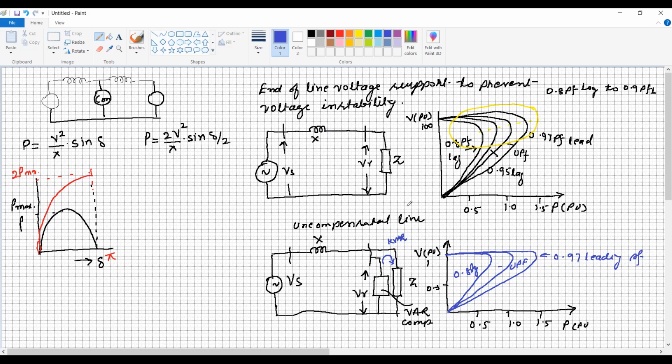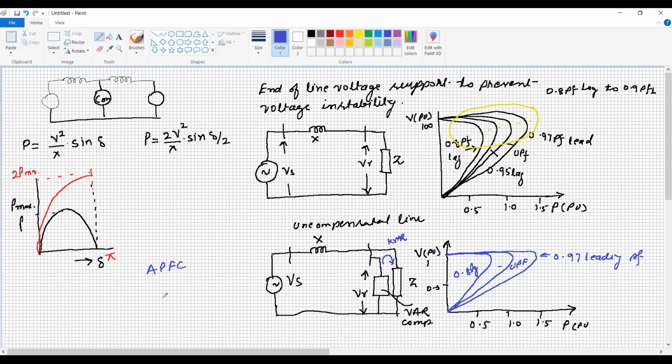In the uncompensated line, the voltage profile is not constant, whereas for the compensated line, the voltage profile of the load is constant. And the VAR compensation, simply we can say that it is the APFC, automatic power factor controller, where